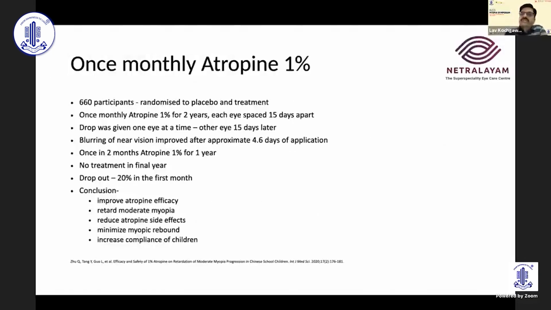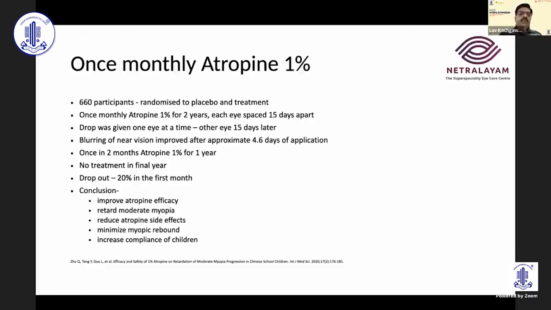Another study is once monthly dosage of atropine 1%. In this, there were 660 participants, and once monthly atropine 1% for 2 years was spaced 15 days apart. So the drop was given to one eye at a time. Suppose the right eye is given on day 1, at 15 days the left eye was applied. And one important finding of this was near vision blurring lasted for only 4.6 days after the application. So that was a positive finding,